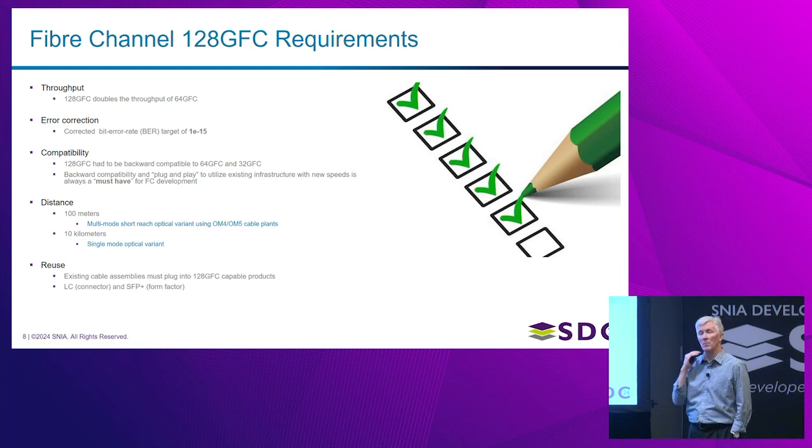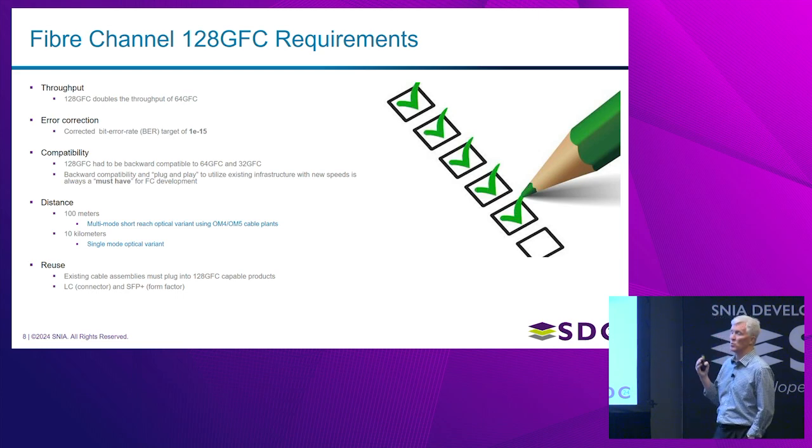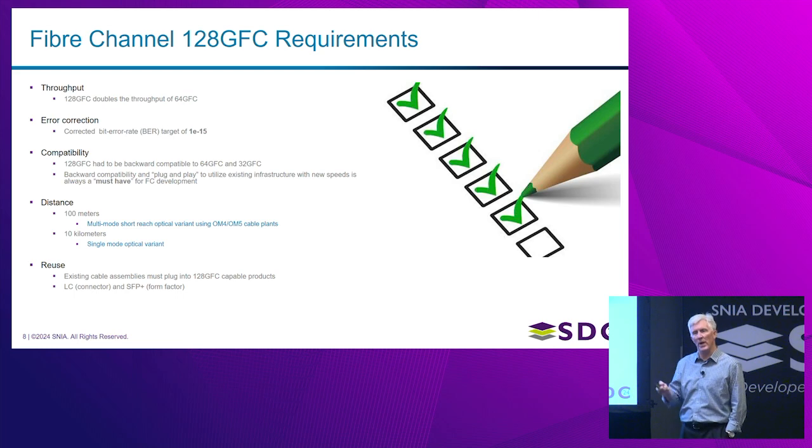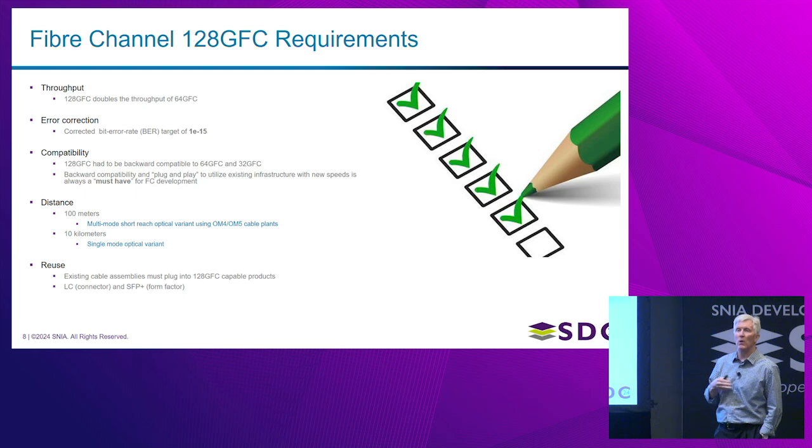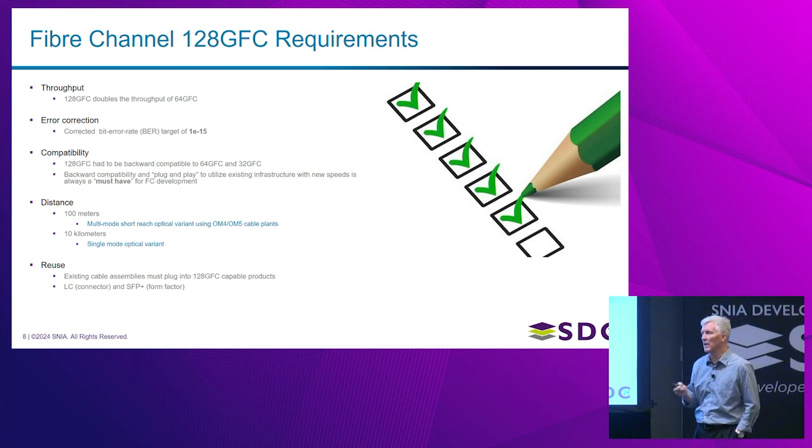Secondly is the bit error rate that we're focused on, which is 1 to the minus 15. Those two components provide probably the most significant challenges with each iteration of the specification. Certainly then there's backward compatibility, and the Fibre Channel industry has always kept an N-2 characteristic with regard to our ability to plug into existing equipment. So that's key to being able to provide customers with an upgrade path that they can utilize as they migrate